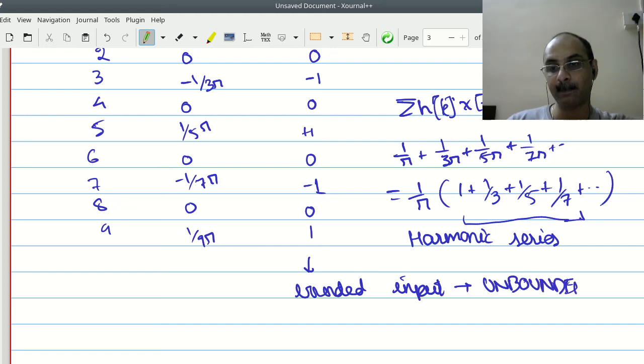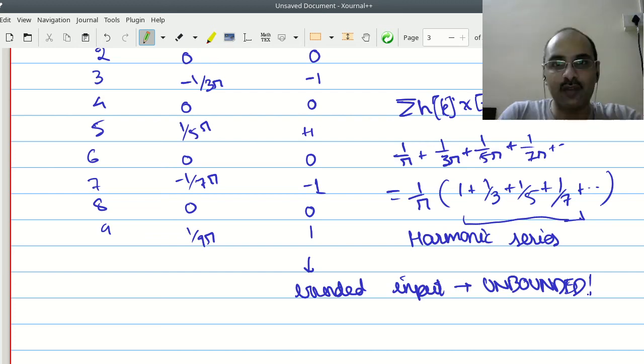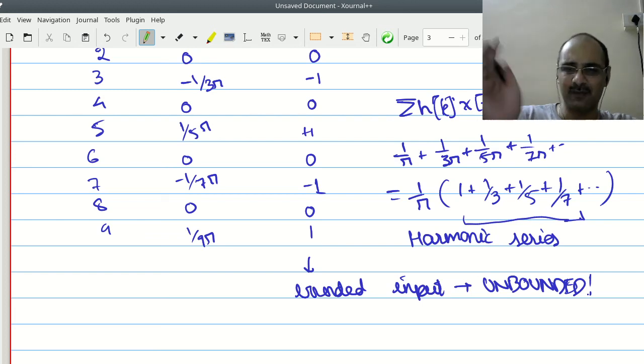Okay, this is very strange. If you give an input with a frequency less than omega c, it gives the same thing as output. If that is bounded, the output is bounded. If you give something more than omega c, it gives 0, which is bounded. But then at exactly some frequency, what happens? So for this particular filter, let's actually see what happens.